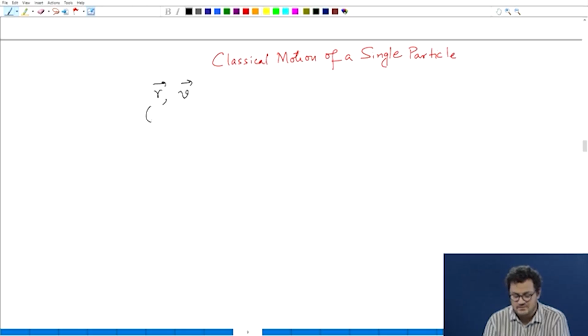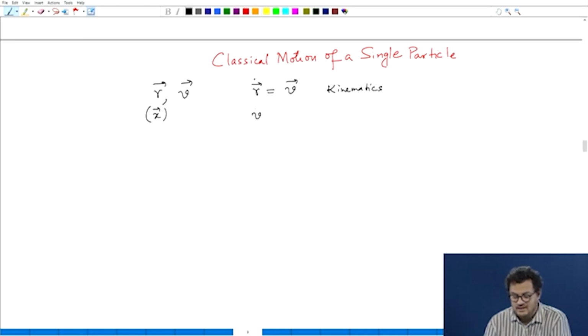The position, sometimes I can also write x vector as well, but I will write r for being a little bit more general, and this is the velocity vector, and in general you know that r dot is equal to v. Then this is the definition, and up to this we said this is kinematics, this is describing the motion,